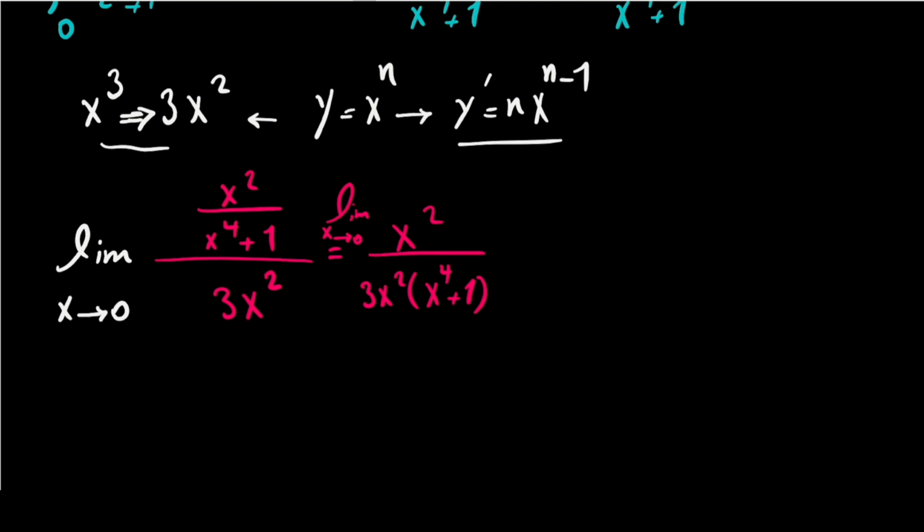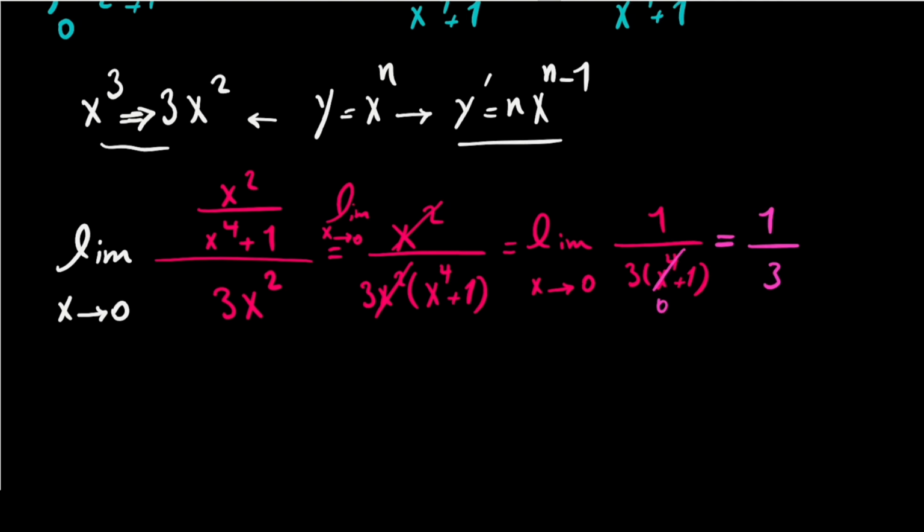as x approaches 0. So we can delete both x squared, and that equals the limit when x approaches 0 of 1 divided by 3 times x to the power of 4 plus 1, and it means if you put x equals 0 in this expression, x to the power of 4 is 0, so the final answer will be equal to 1/3, and that's the final